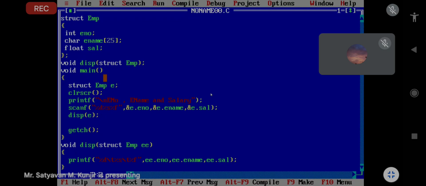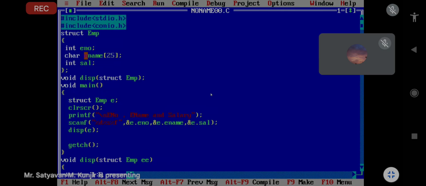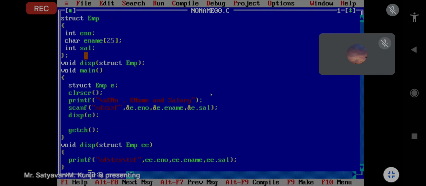So now, if you want to accept details of multiple employees, then change the data type of sal, because for float it gives an error. One more function we have to write here. So I'm changing the data type of sal, and today we are getting the salary in packages. Okay, like this. So take one more example.